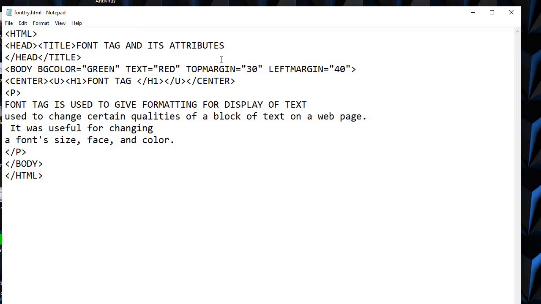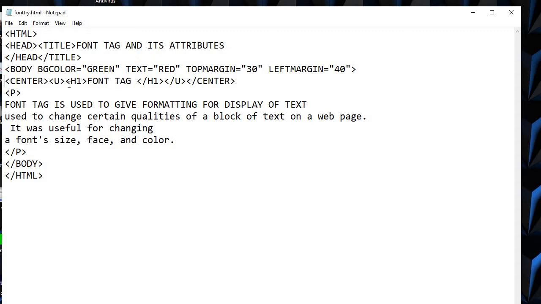Now I will show you this line, the body tag, where the text color is red over the background color of green. But somewhere I don't want this to continue for the whole page. I don't want the complete text that comes on the screen in the color red. Somewhere I want to change the color of the text. Suppose this is my heading. If you see this H1 slash H1, this is the heading. I don't want this heading and the color of the paragraph to be the same.